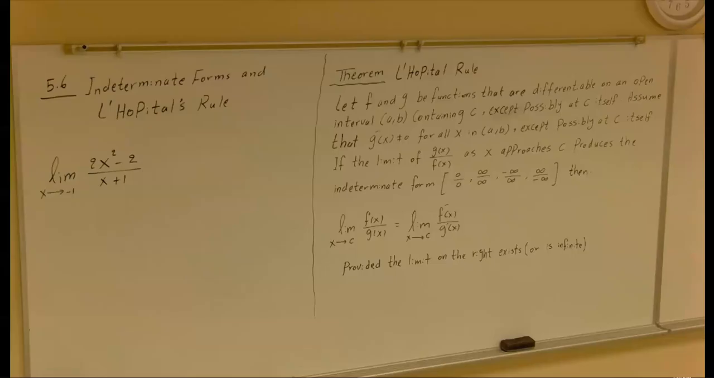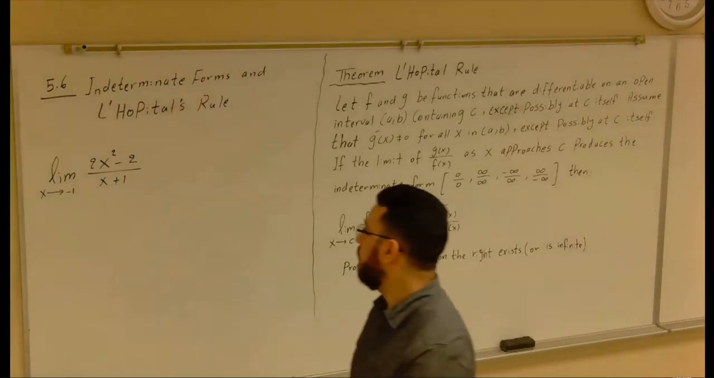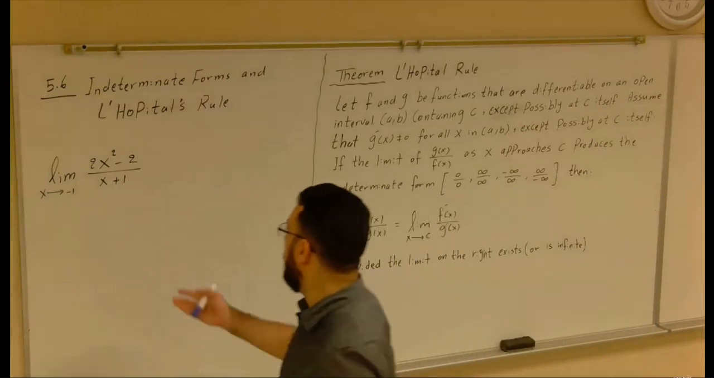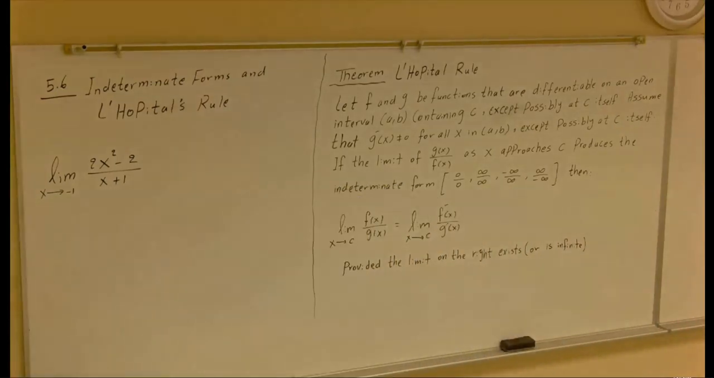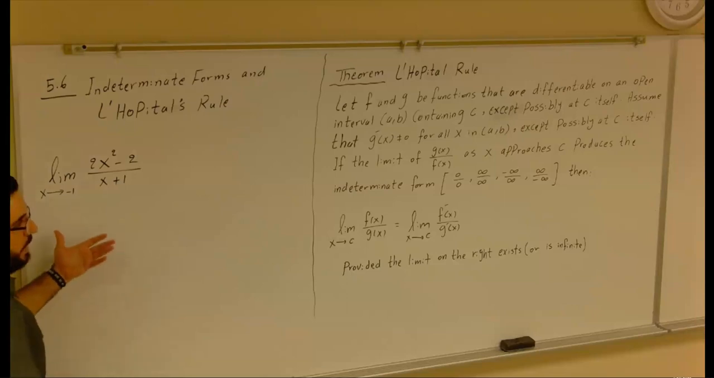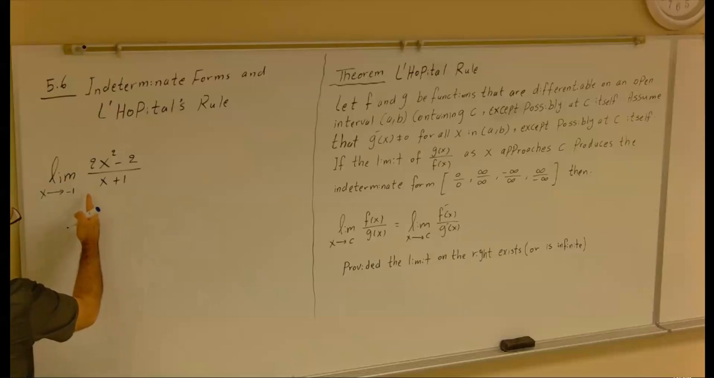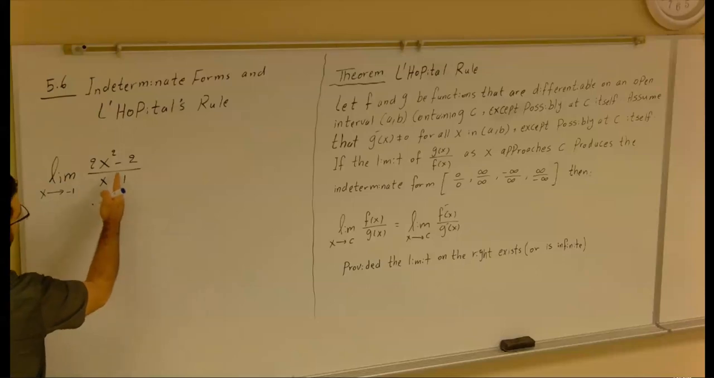So section 5.6, indeterminate forms and L'Hopital's rule. We already know they ask you to find the limit of 2x squared minus 2 over x plus 1, by using algebraic form, like the way we learned how to find the limit. So I'm going to say, okay, what I'm going to do here, this one is going to be equal to the